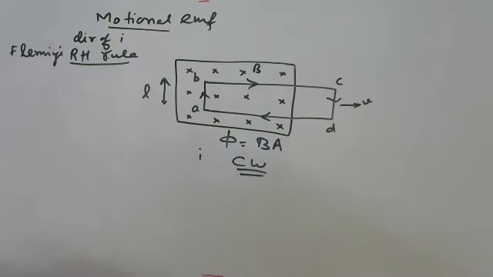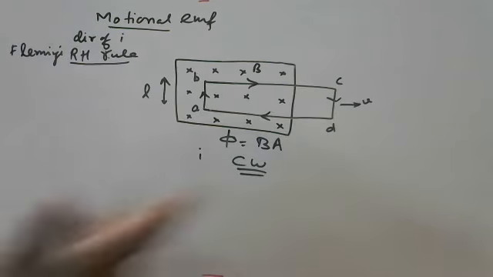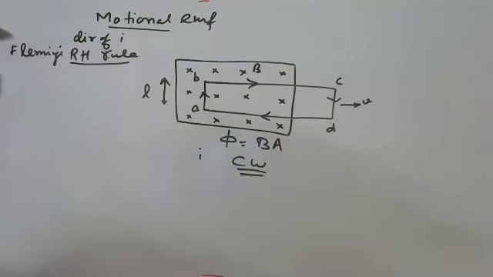Got it? We just apply and find out the direction of induced current in the coil ABCD, whether it is clockwise or anti-clockwise. You just apply your right hand rule and find out whether it is correct or not. It is correct, definitely, but you just apply. Apply yourself, find out whether it is clockwise or anti-clockwise. It is clockwise. Clockwise, correct answer. Okay? Just see yourself whether it is correct or not.